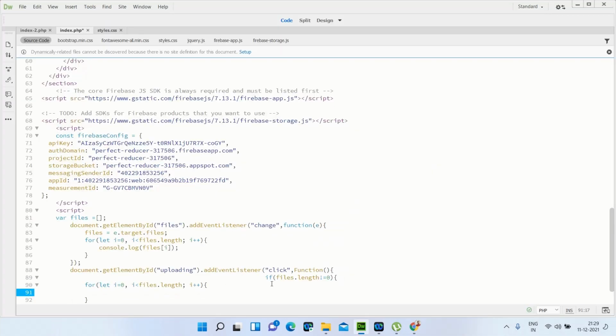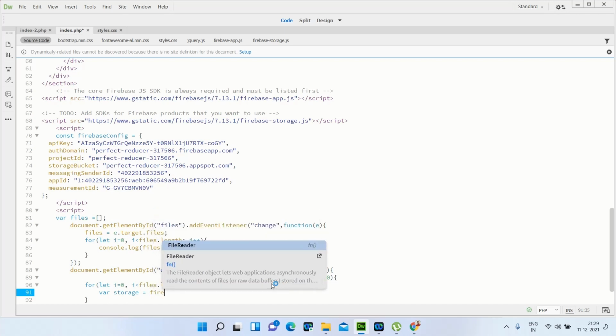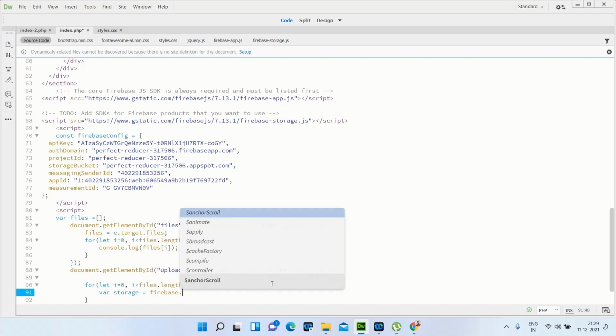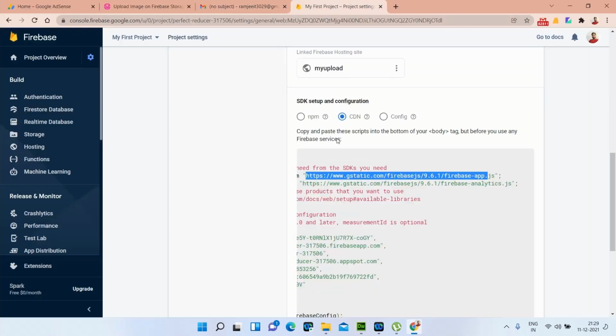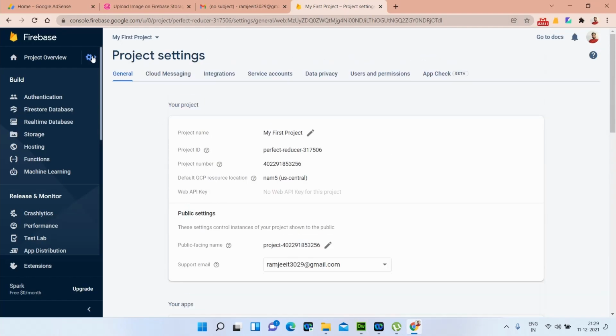And then start the bracket and create a storage reference. So where storage equal to firebase dot. In the Firebase console we have created the images path, the folder where you have to upload the files. I have already created it.